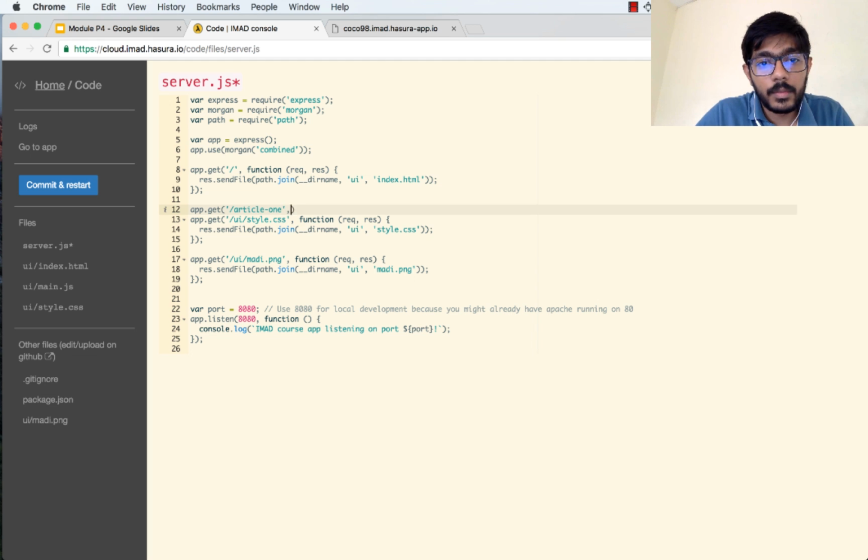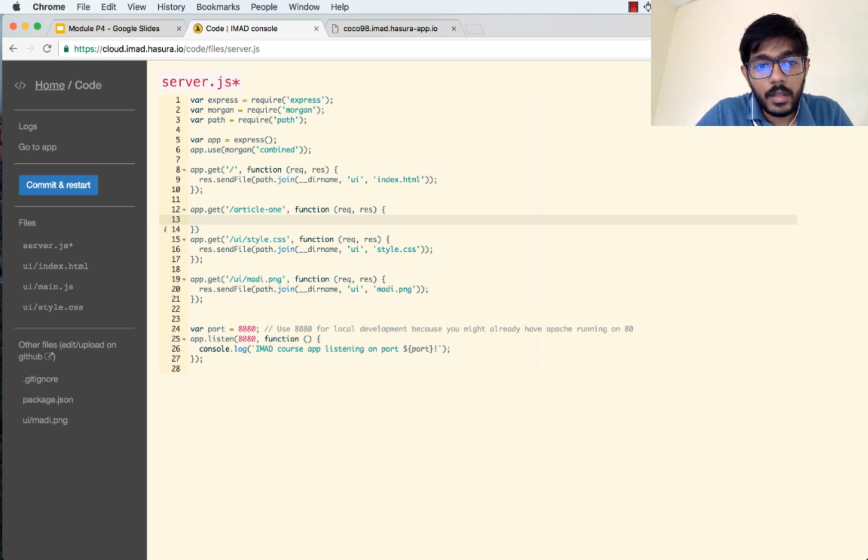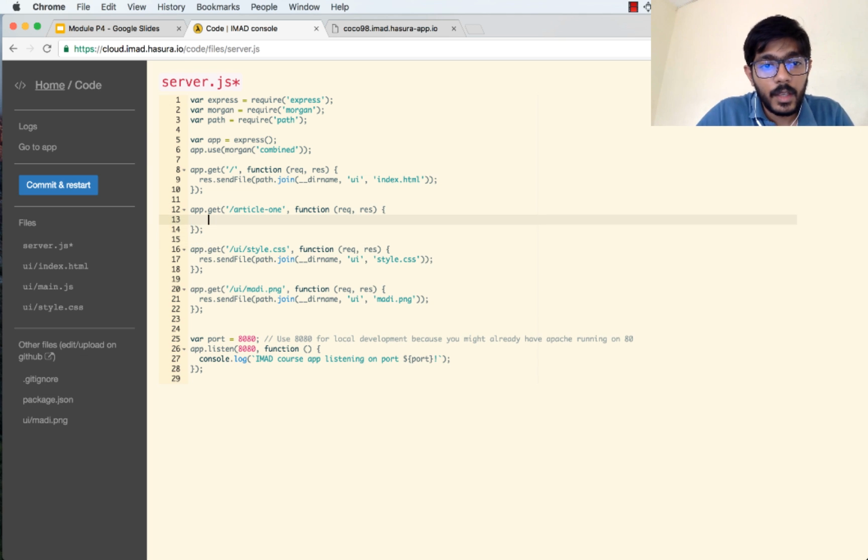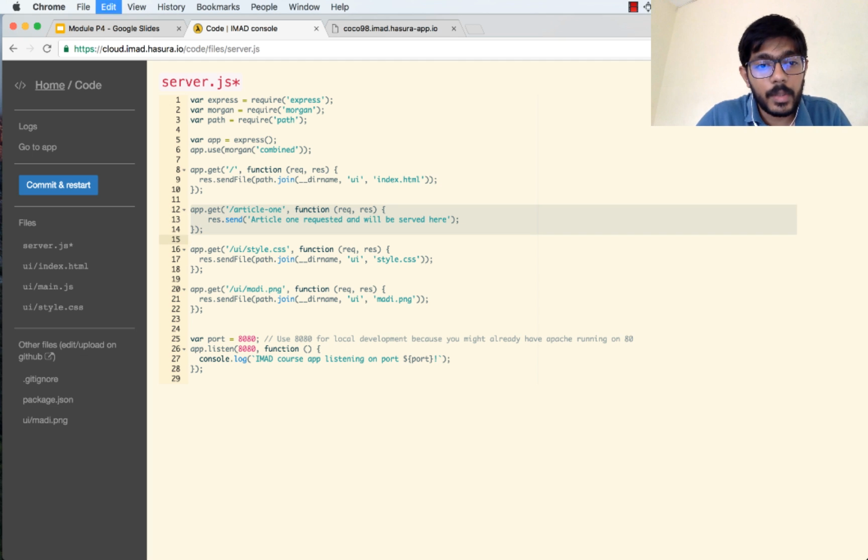Article 1, and if the article 1 URL is requested, I'll add a semicolon here. And if the article 1 URL is requested, I will currently just reply with "article 1 requested and will be served here." And I put a semicolon. I'm going to copy these lines